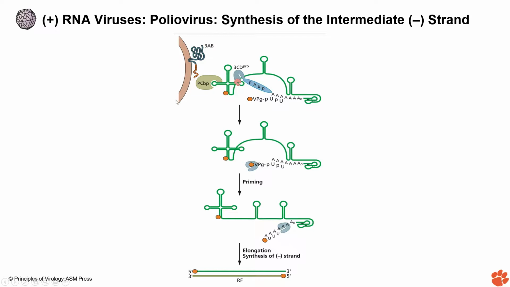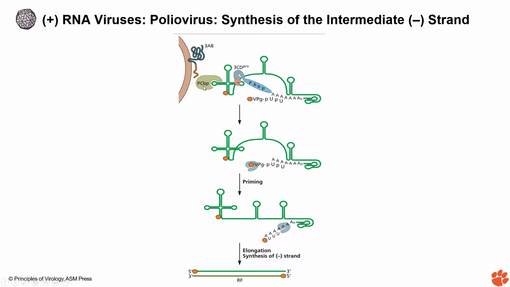So here you are looking at a membrane vesicle. We said that this happens on the surface of the vesicle. So here you are seeing the membrane vesicle, and here is a protein 3AB, which does have a hydrophobic sequence, and this is the VPG protein attached to it right here. It anchors with the hydrophobic sequence onto the membrane. Then what happens? Here, another protein, the poly-C binding protein, binds to this VPG part. This is VPG, this is a poly-C binding protein.